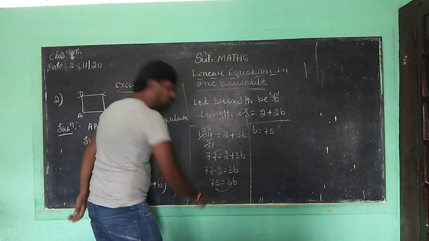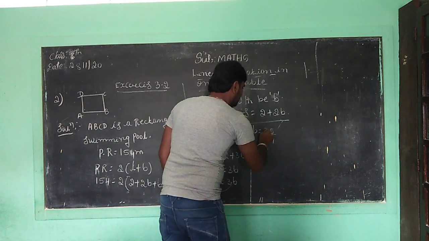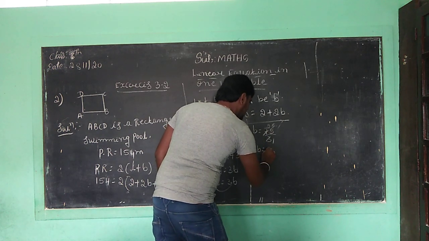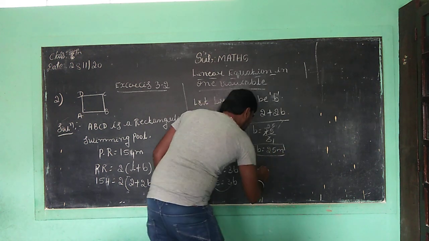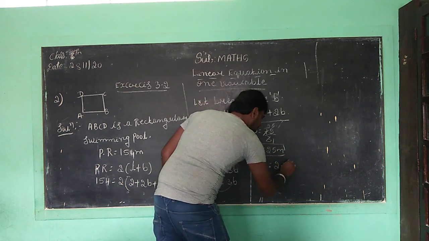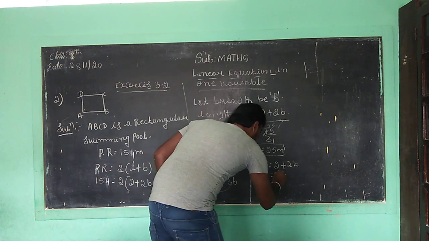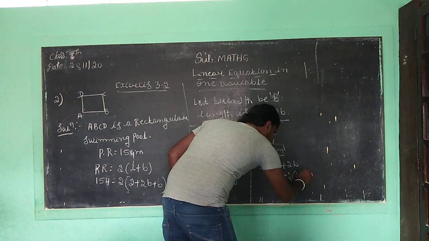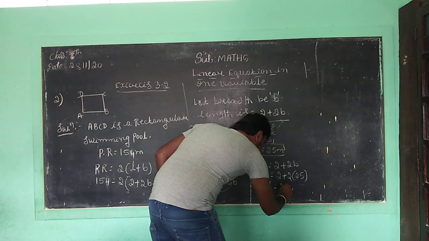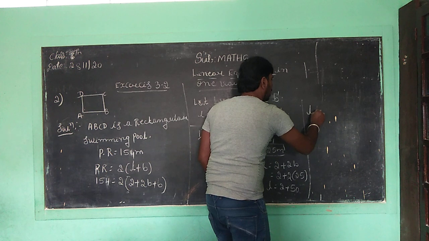This 3 will come to the left hand side, meaning it is the denominator. 3 ones are 3, 3 twos are 6 and 3 fives are 15. Breadth is equal to how much children? Breadth is equal to 25 meter. So already they gave length is equal to 2 meter more than twice the breadth. So now we want to write, children, 2 plus 2 into the value of breadth, which is 25. Correct children? What is that? 2 plus 25 twos are 50. So length is equal to how much children?